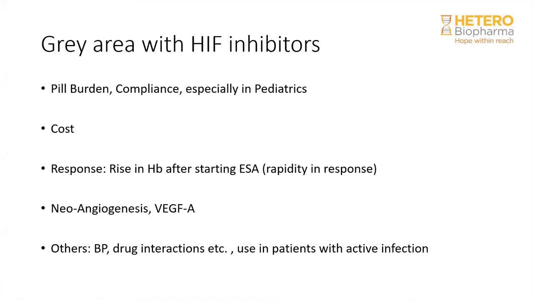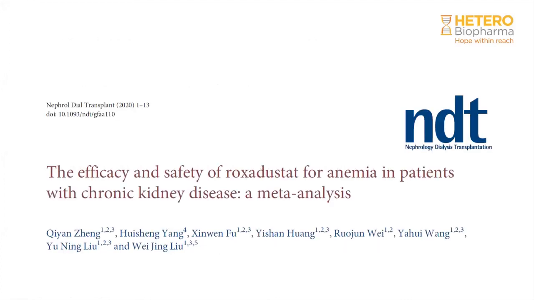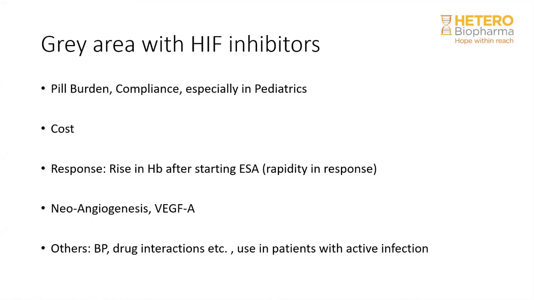Because in fact, when you go through this meta-analysis, it talks about at least 6 to 7 studies, and none of these studies had a follow-up period of more than 6 months. They were all short-term studies, not actually looking into the long-term effects of HIF inhibitors. And definitely, they are more likely to be oncogenic, especially with the neoangiogenesis. They are known to reduce the blood pressures, and the drug-to-drug interactions with other medications, especially in CKD patients who are on phosphate binders, etc., are not known.